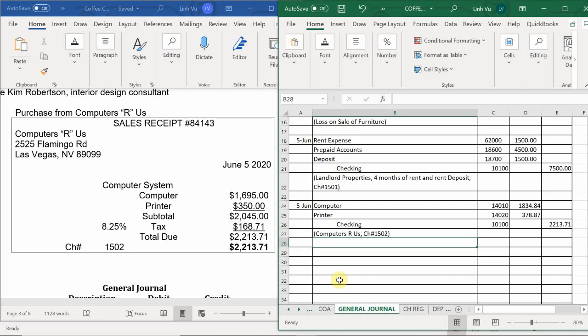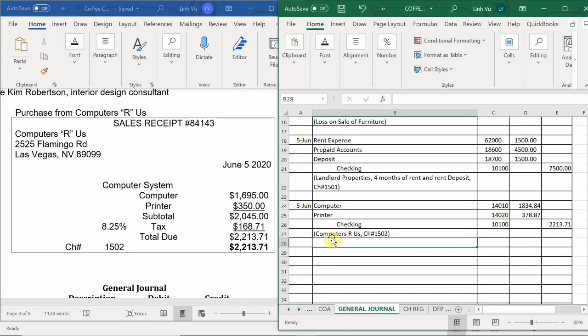One is increasing your checking account. One is decreasing your checking account. Every time you write a check, you're decreasing your checking account. But every time you receive money and you deposit it, you're increasing your checking account. So that's why you need two separate forms for that. All right. So now that we finally have my journal done,